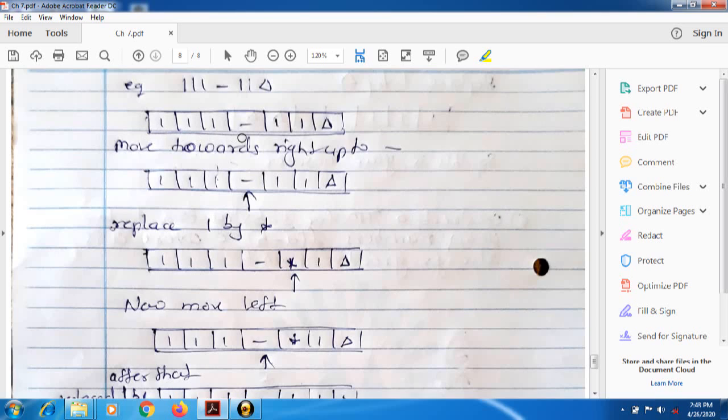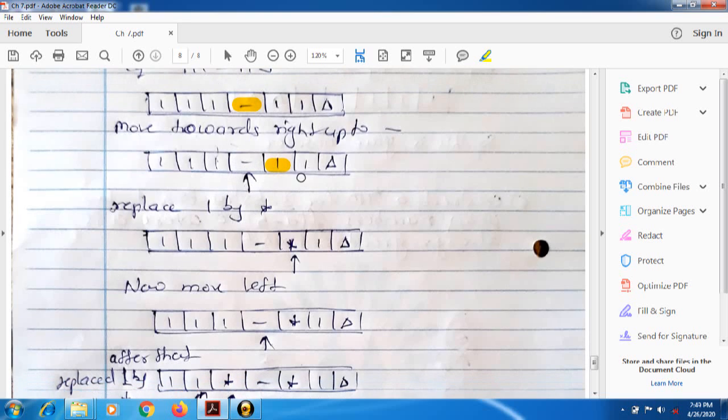First we have to pass our tape till we find one subtraction symbol in our tape. Whenever we find subtraction in our tape, we have to move towards the right again. Now subtraction is there, so we cannot change negation by 1. What we are doing? We are going towards the left side, we are going to check 1.